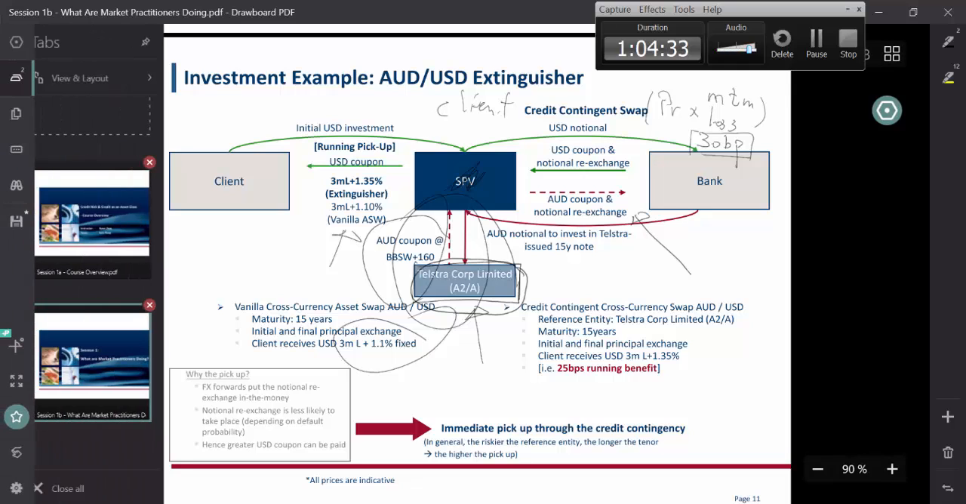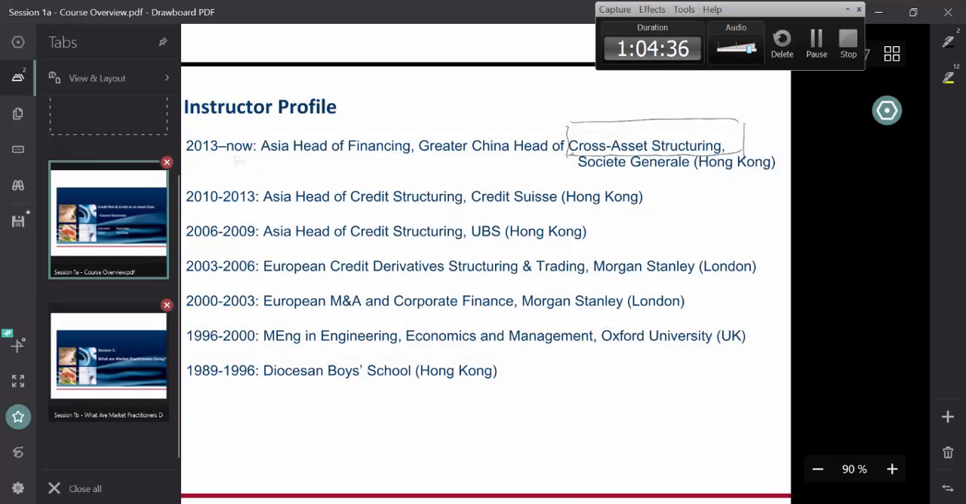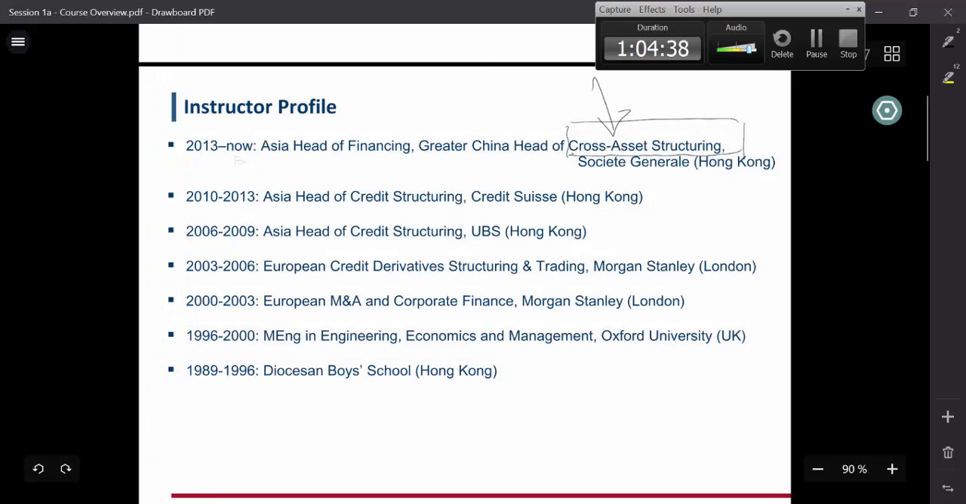That, ladies and gentlemen, is what's known as cross-asset structuring. Combining an interest rate derivative with a credit derivative. So the interest rate derivative, in other words, the cross-currency swap, has now got an embedded credit element in it. And the pricing and the behavior will depend on the evolution of that credit risk. Okay, this is the best way I can put it, the easiest way. And this is known as cross-asset structuring,